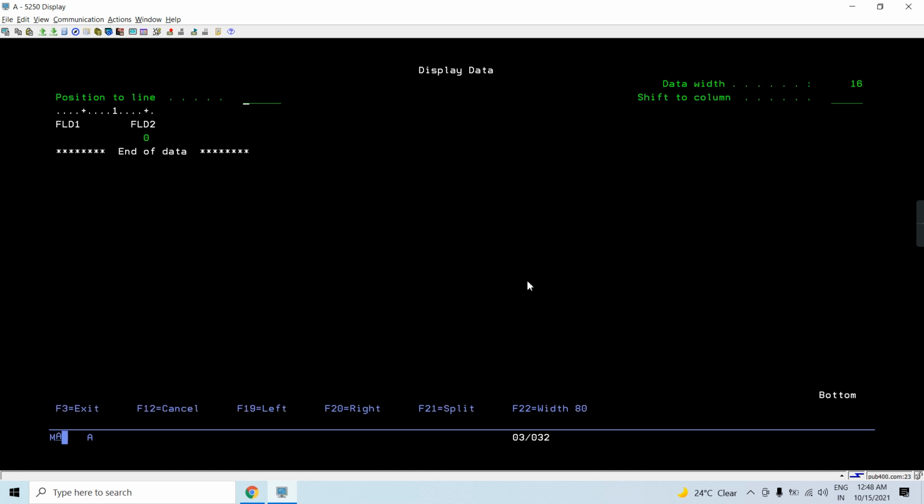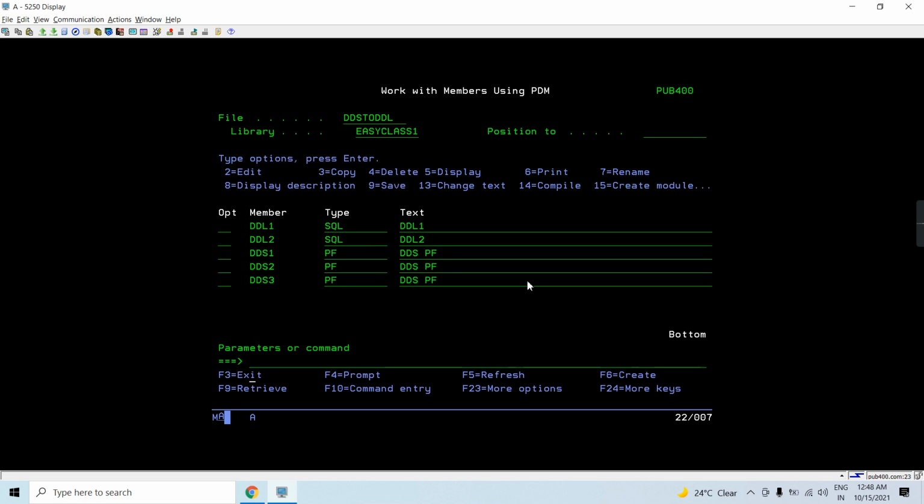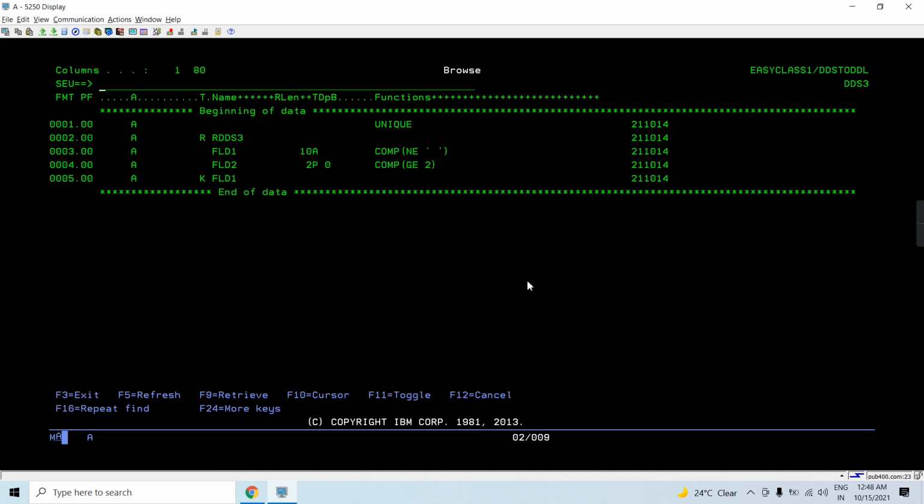Let me show you that. You have applied the validity check keywords, compare not equal to blank and compare greater than equal to 2 for these two fields, but through UPDDTA you're not able to insert those invalid values, while you are able to insert those values using the SQL insert statement.